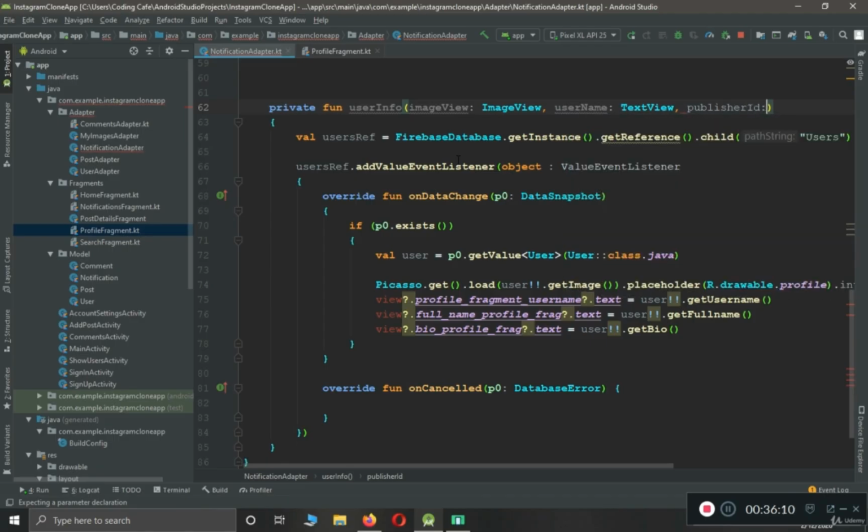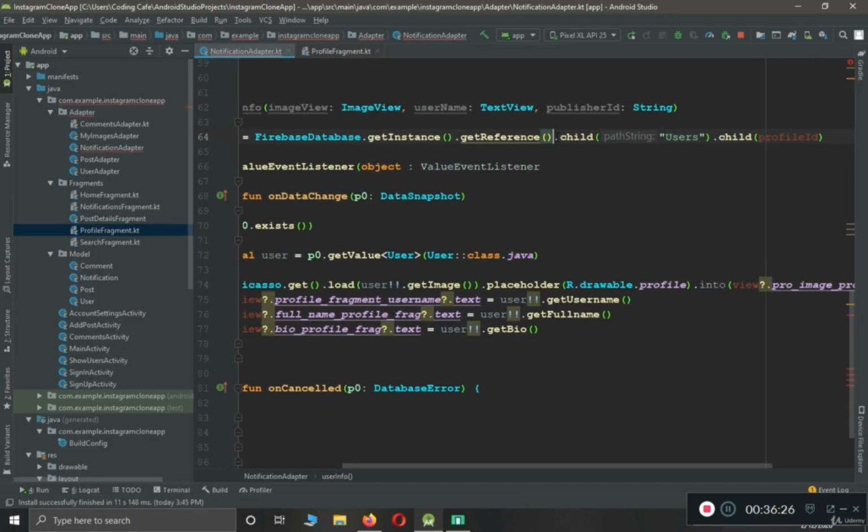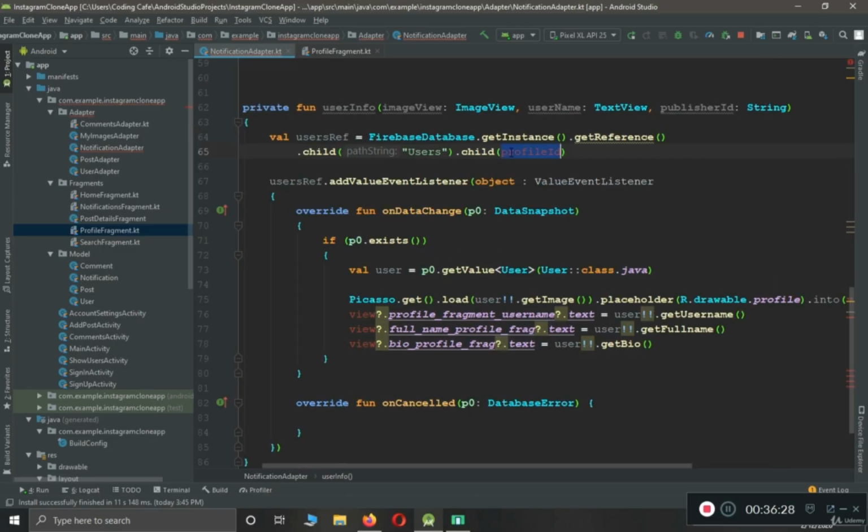So this function will receive three parameters on our notification adapter, okay? Image view, username text view, and publisher ID. So we create a reference which is up to the user's node, and here change this to the publisher ID,